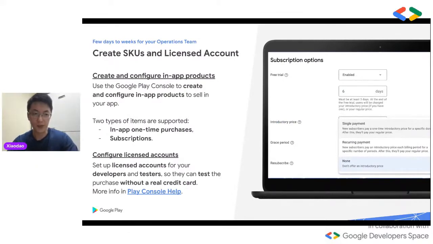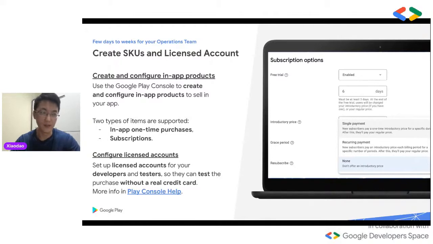So here's the important part. With Google Play Console, we are able to create SKUs for in-app purchases and subscriptions. And the licensed test account can help us to test the billing feature with our Android app. With licensed accounts, when we test the purchase or subscription, we don't need a real credit card to make the purchase. Also, some subscriptions like monthly or annual subscriptions take a long time to expire,